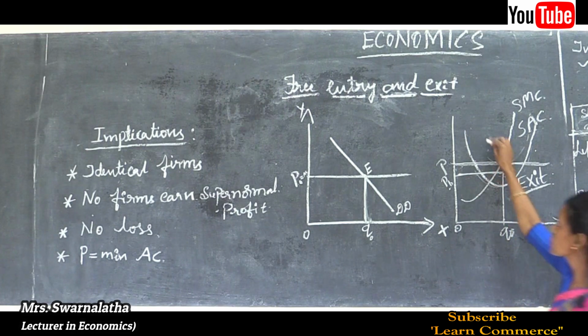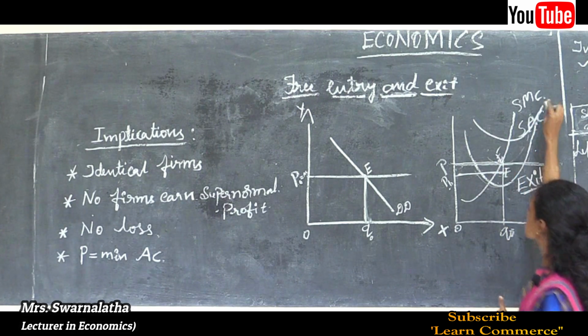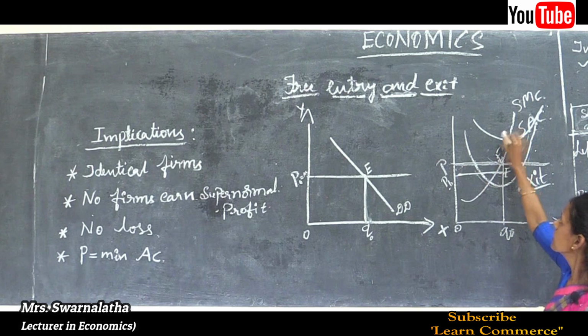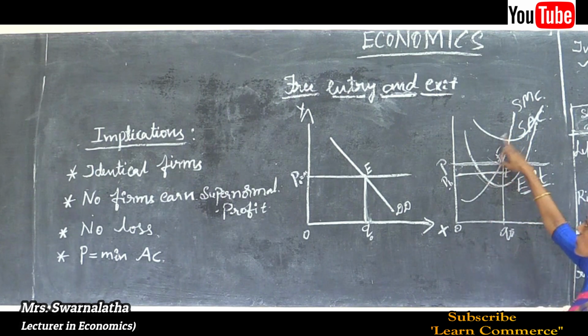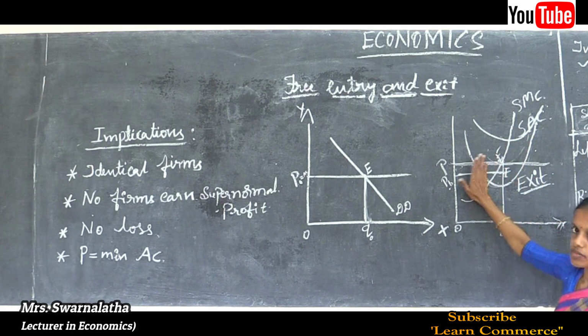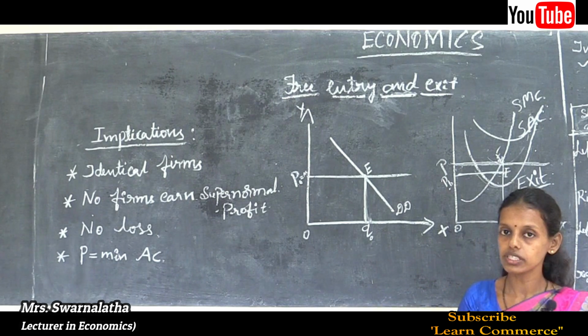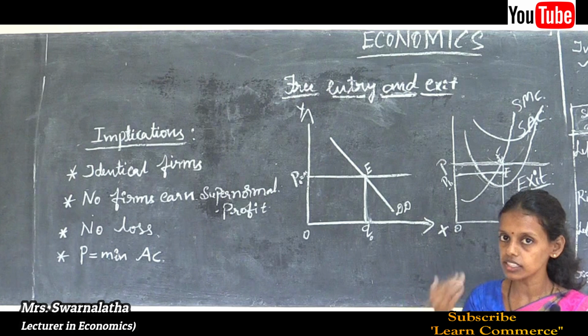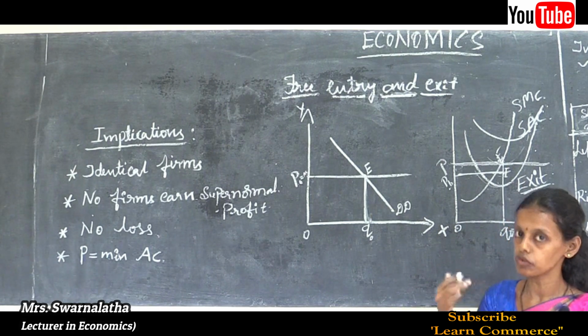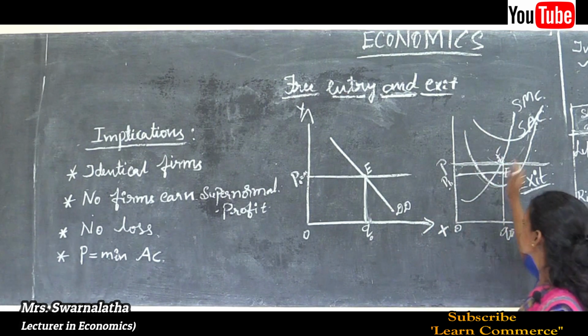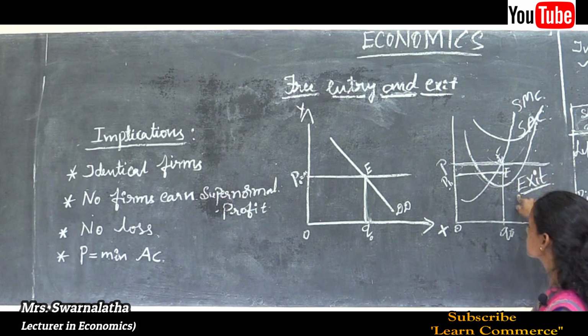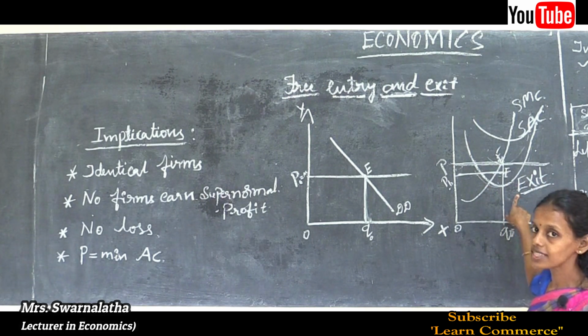Supernormal profit occurs only when the price is greater than the AC. So, average cost is less than the price, meaning the firm is going to get the maximum revenue with less cost, which attracts new firms, supernormal profit, above the normal profit. So, below the normal profit is the shutdown point, this is the exit of the firms.